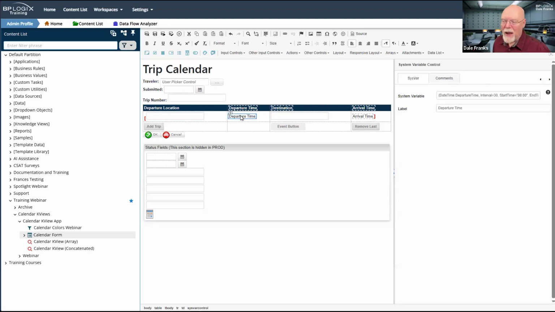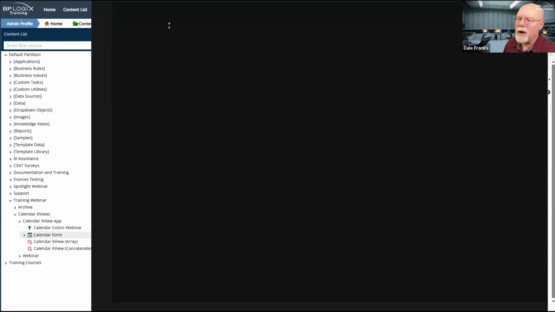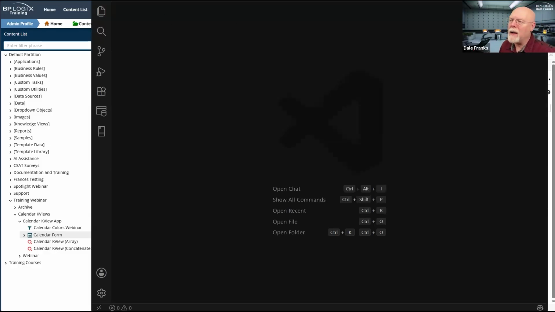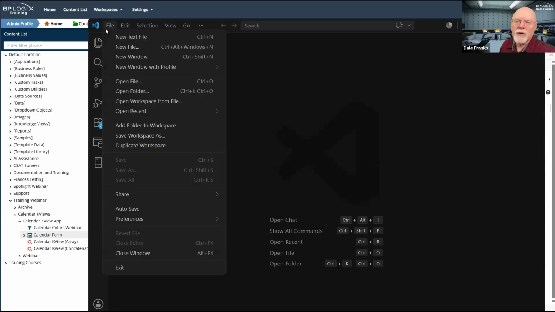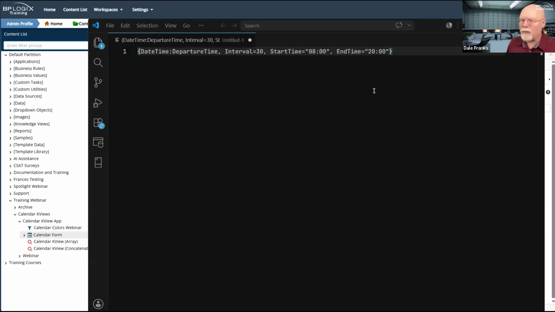The second field I have is a date time picker, and I have had to do it via system variable. And the reason I've had to do it via system variable, and let's pop open Visual Studio Code so we can take a closer look at the syntax I put in that field in a format that's a little bit easier for us to read.